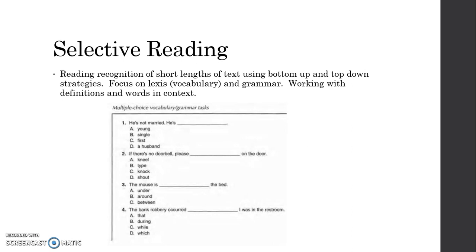So like deduction, rather than matching with pictures, we match with definitions, or good old fill in the blank, right? But with focus on grammar and comprehending a specific word. So he's not married, he is single. How do I know that? Because the definition is he's not married, and therefore I'm able to fill in the blank. So it's a specific type of fill in the blank, not any fill in the blank fits with selective. Here it has to be focused on grammar or vocabulary, and that from the context I can figure out the